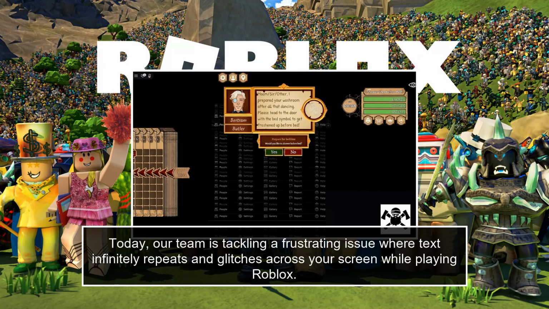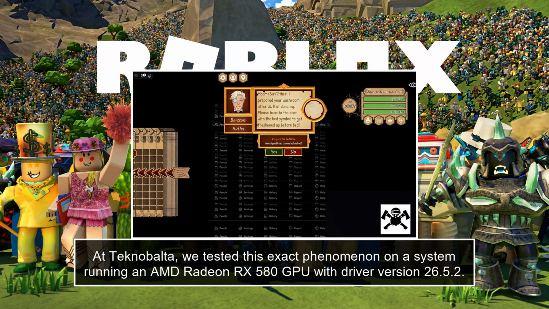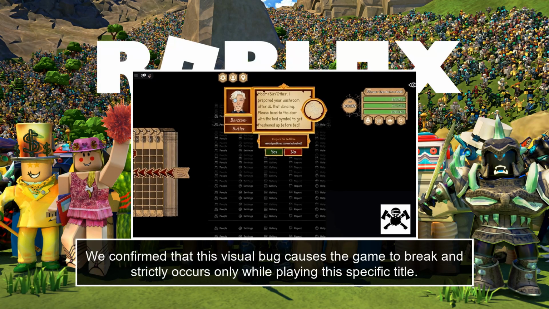Today, our team is tackling a frustrating issue where text infinitely repeats and glitches across your screen while playing Roblox. At Teknobalta, we tested this exact phenomenon on a system running an AMD Radeon RX 580 GPU with driver version 26.5.2. We confirmed that this visual bug causes the game to break and strictly occurs only while playing this specific